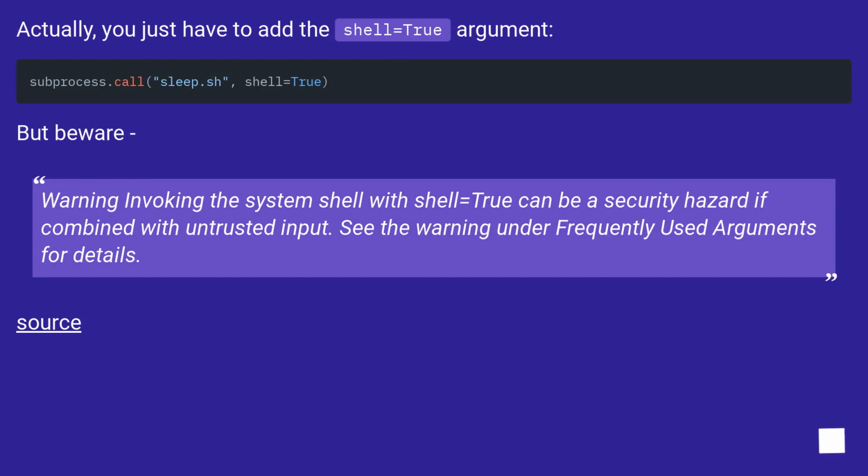But beware. Warning: invoking the system shell with shell=True can be a security hazard if combined with untrusted input. See the warning under Frequently Used Arguments for details. Source: